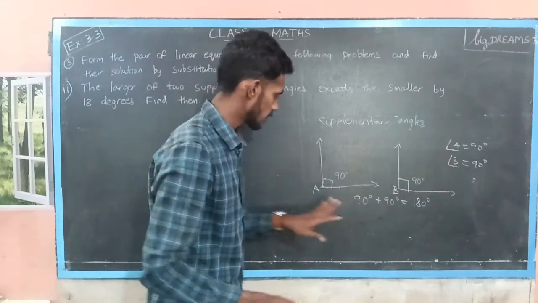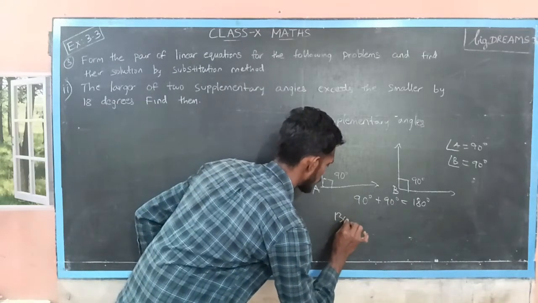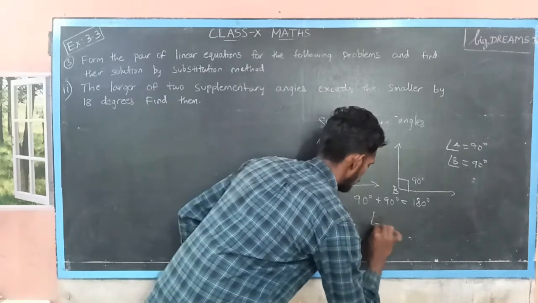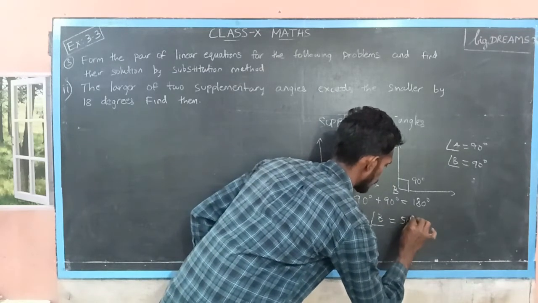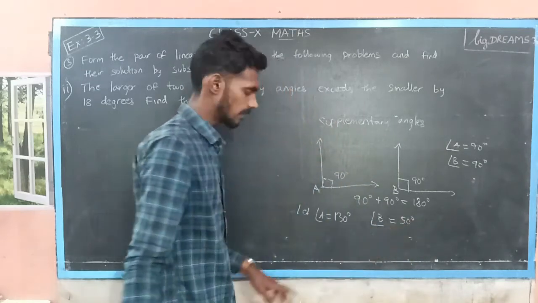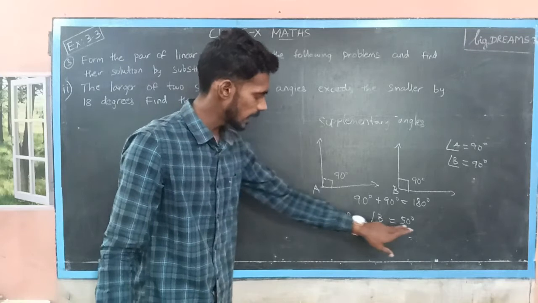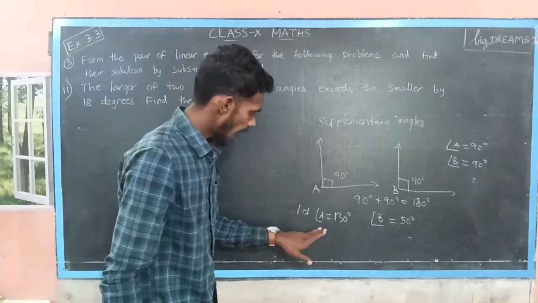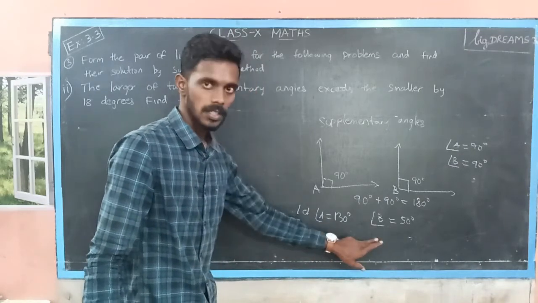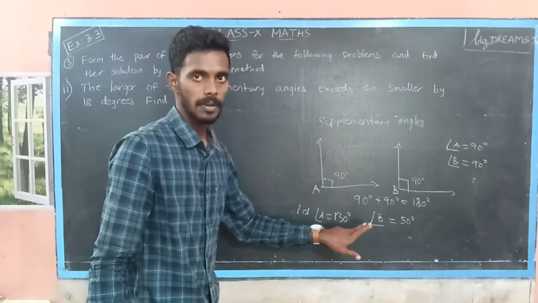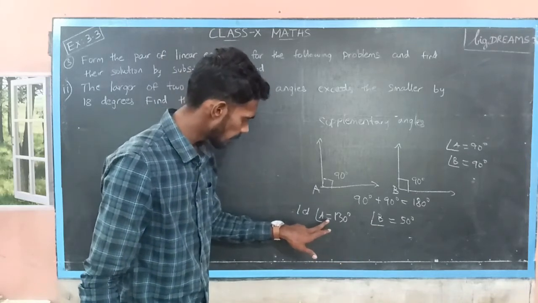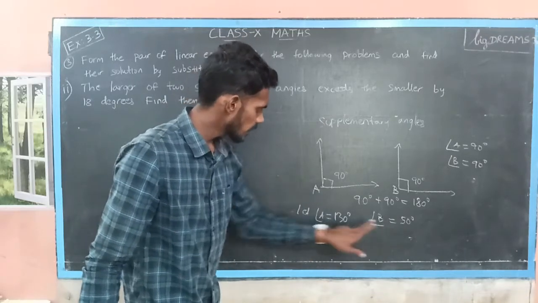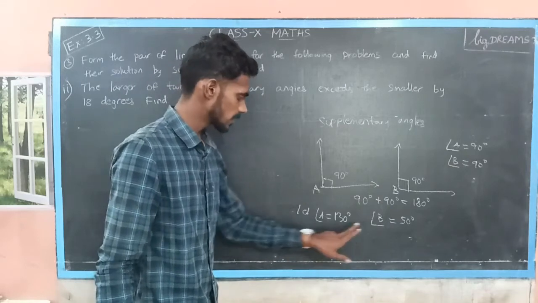We can take any measures, either we can take 130. Let us substitute angle A is equal to 130, then angle B is equal to 50. Okay, it is 130 degree, B is 50 degree. When we add these two angles, 130 degree plus 50 degree, it gives 180 degree. So, now we can call angle A and B are supplementary to each other, or otherwise angle A and B are supplementary angles. Okay. Now, here in this example, A is the larger angle and B is the smaller angle. The sum of the A and B gives 180. So, it is supplementary angles.